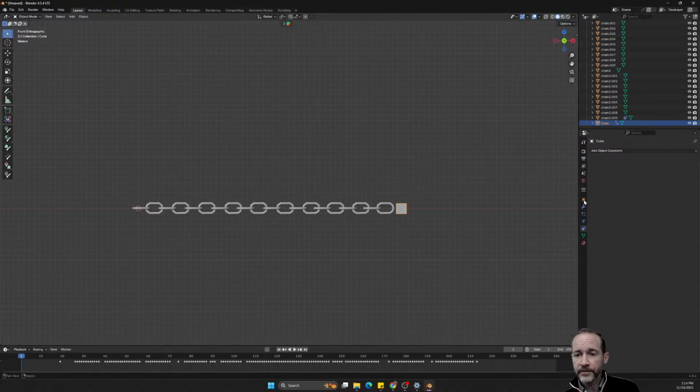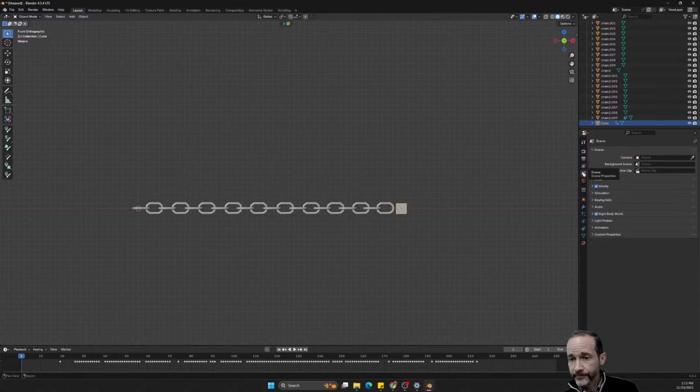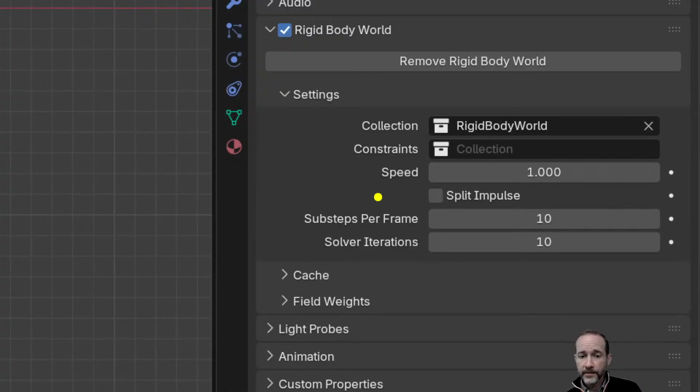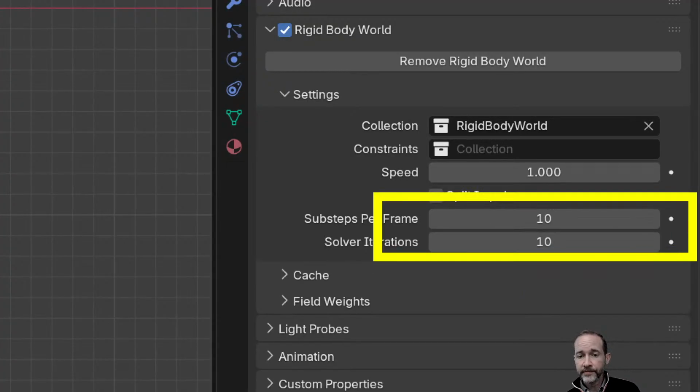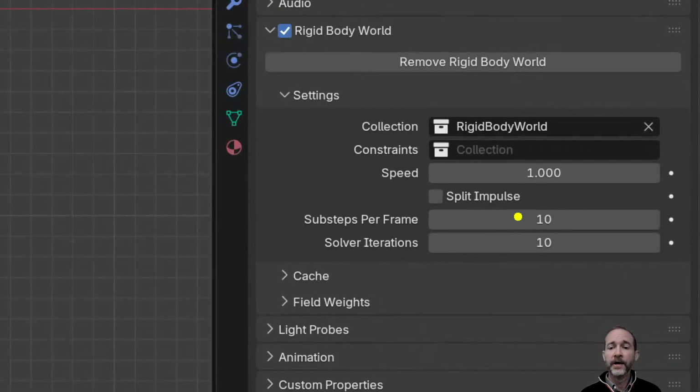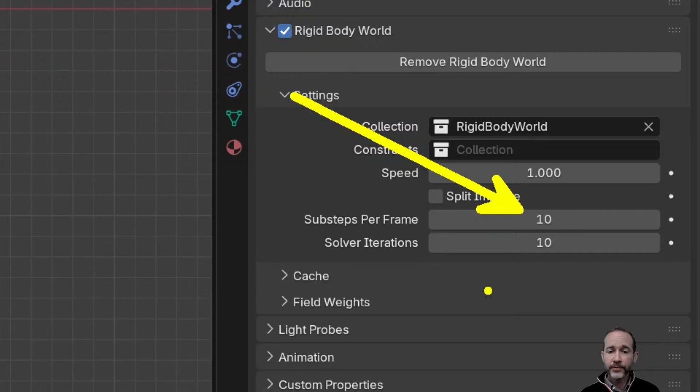the default physics simulation is cheap. In order to make it less cheap, it's in the scene, rigid body world physics. And so this is essentially the quality of the sim. So every Unity has this, every physics sim thing has some sort of world settings for how many physics calculations are we doing per frame, and then when things overlap, how much are we